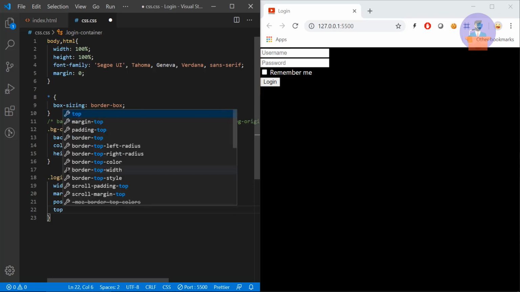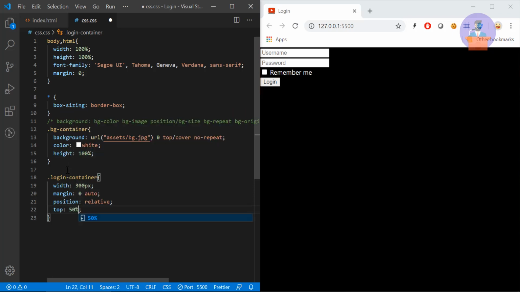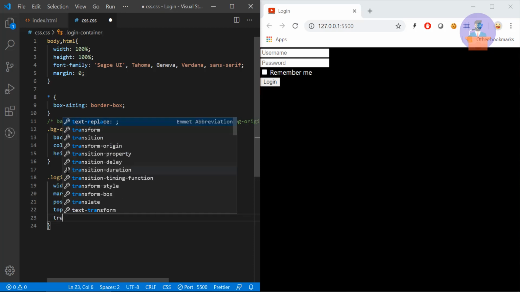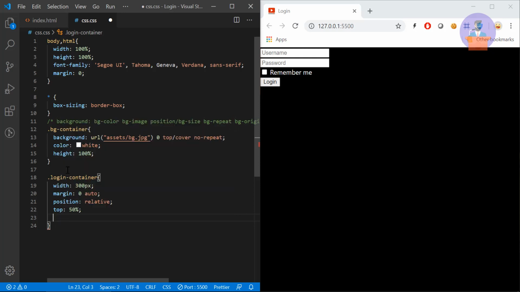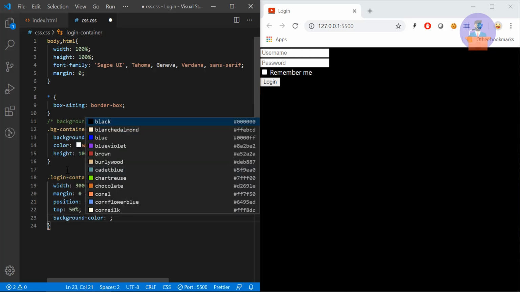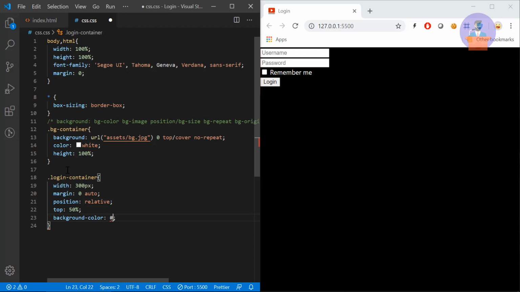So top will be 50%, okay, and then I'm going to use a transform property. I will tell you why we are using it, but before that let's provide a background color, and I'm going to use hash 1D1D1D. Let's just save it.